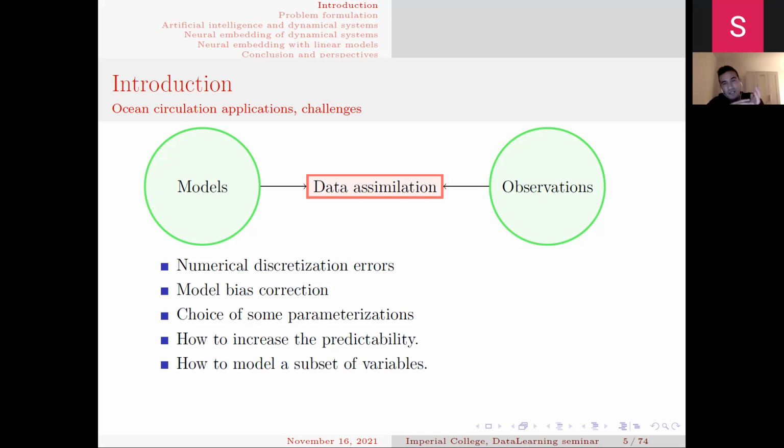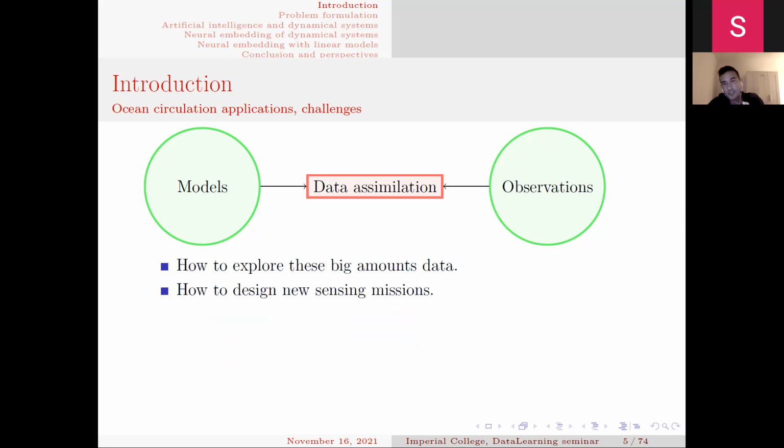These predictability issues link to all of the previous questions regarding modeling errors, but the predictability of ocean circulation models is actually linked to the quality of the initial conditions given to the models to start with. So it is directly linked to the quality of the observations. There is another question regarding how to derive reduced order models that can faithfully catch the variability of a subset of ocean processes, for applications ranging from forecast to data assimilation.